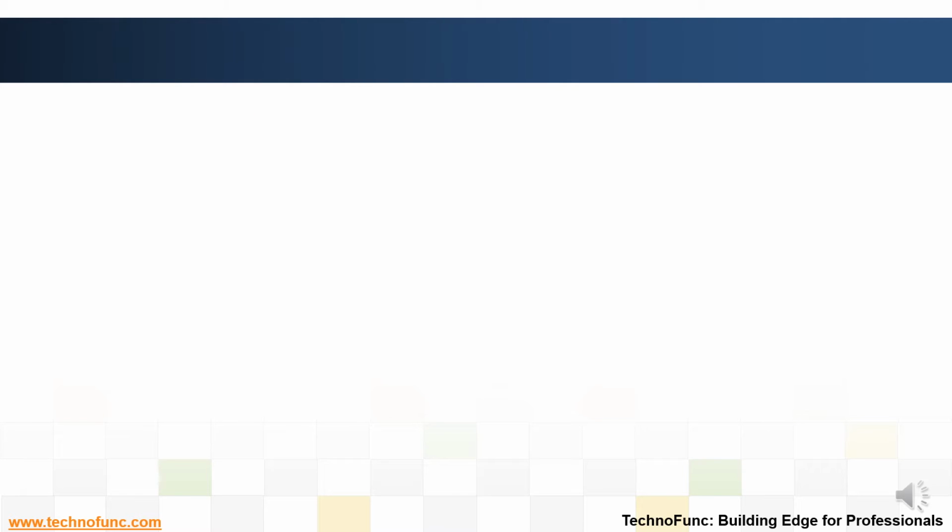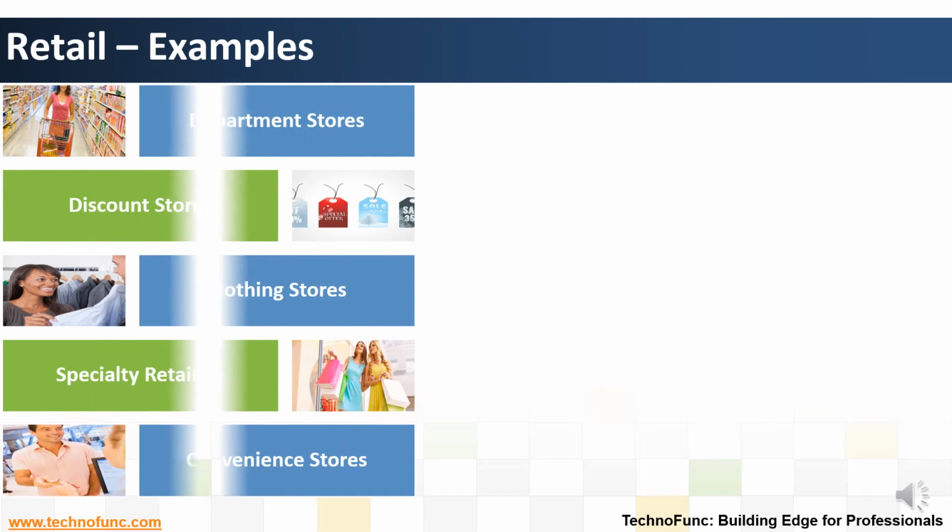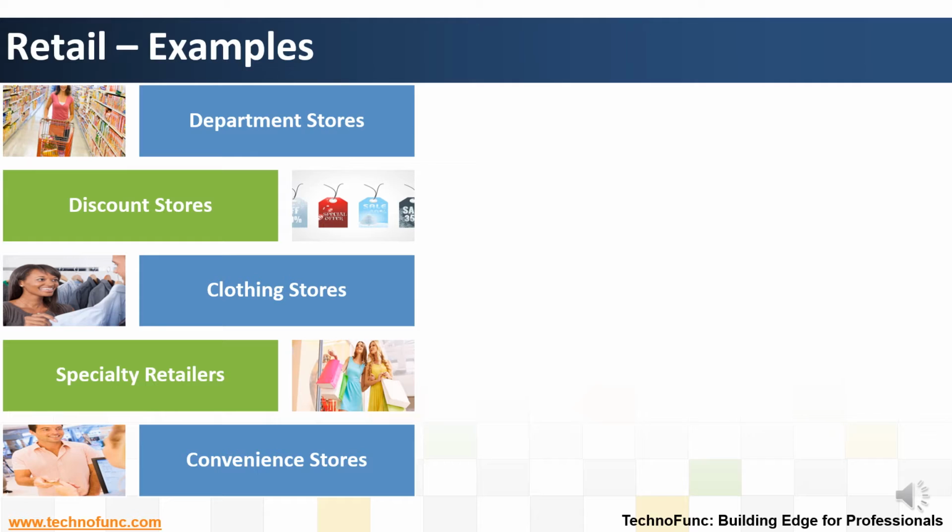What does the retailing industry include? There exists a large variety of retail formats. Let us look at some examples of retail formats. Department stores. A department store is a retail establishment that sells a wide variety of goods. Discount stores. A discount shop is a retail shop that sells products at prices that are lower than the typical